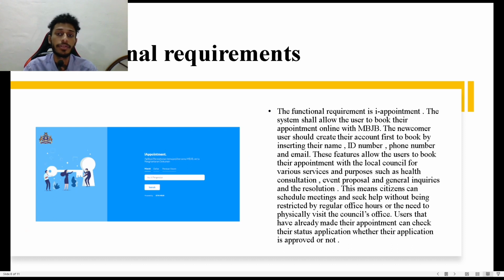The next functional requirement is appointment. The system should allow the user to book their appointment online with the MBJB website. The newcomer user should create their account first to book by inserting their name, ID number, phone number, and email. This feature allows the user to book their appointment with the local council for various services and purposes, such as health consultation,